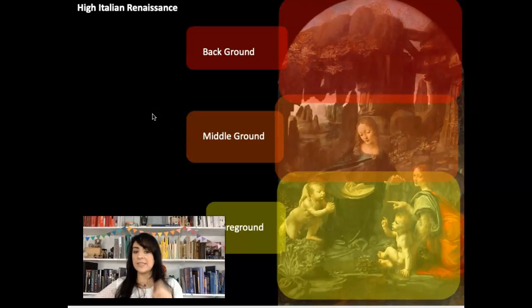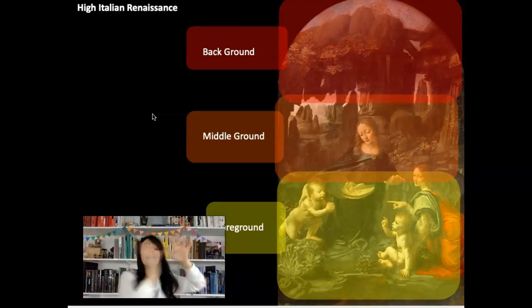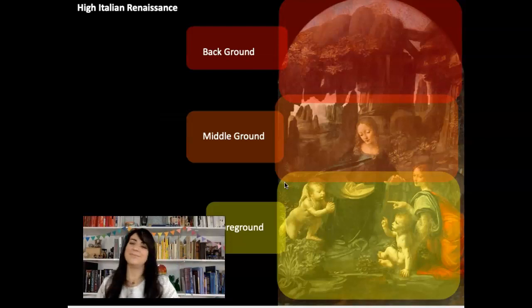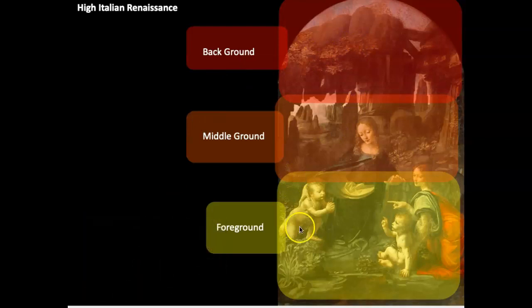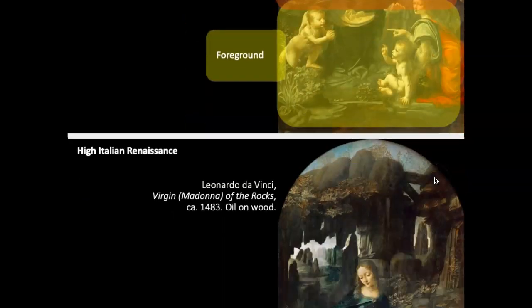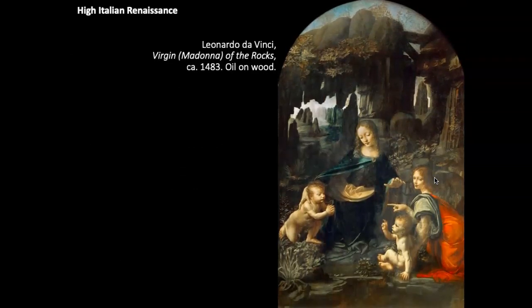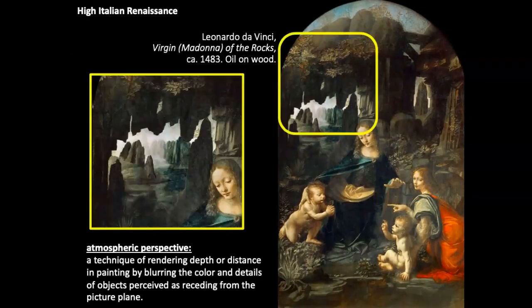So let's write this down as a characteristic of the Renaissance. In the Renaissance, what we see is a balance of a foreground, a middle ground, and a background. Not everything is pushed up to the front, and not everything is pushed up to the back. Got it? How does he give us such a distant background? What's that vocabulary word? Look through your notes. What is it? It is, yep, atmospheric perspective or aerial perspective.